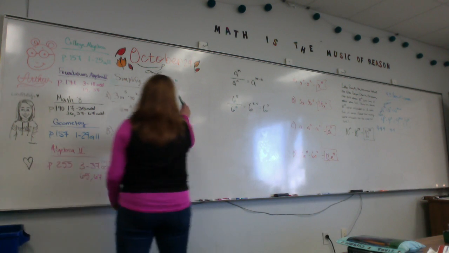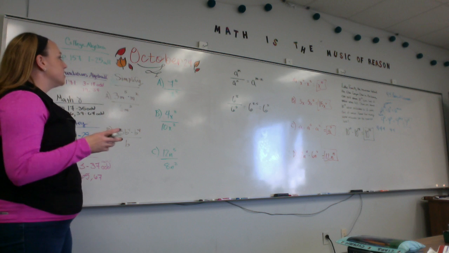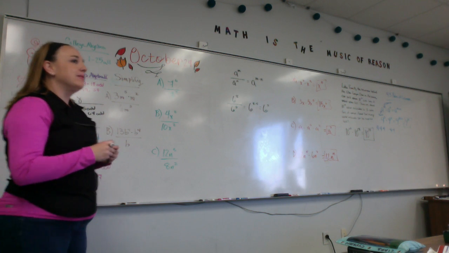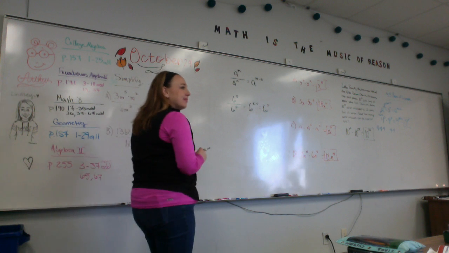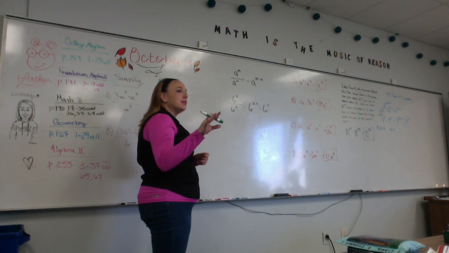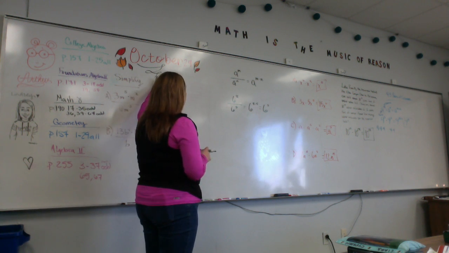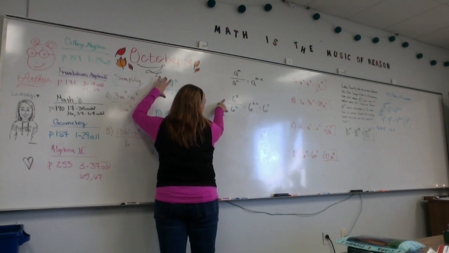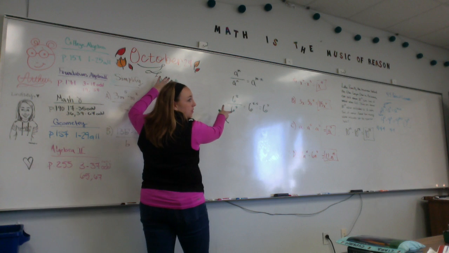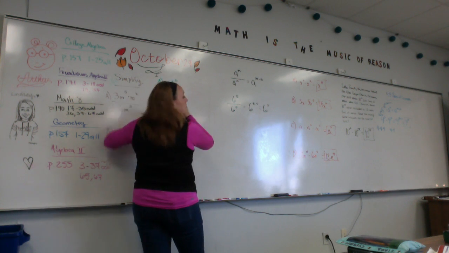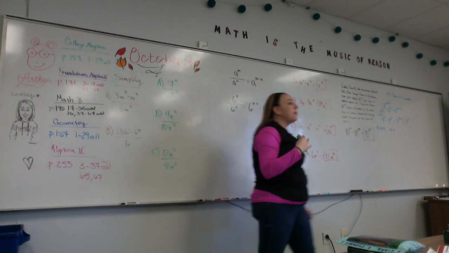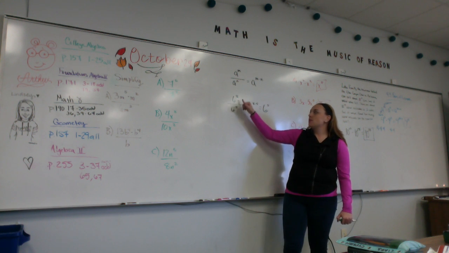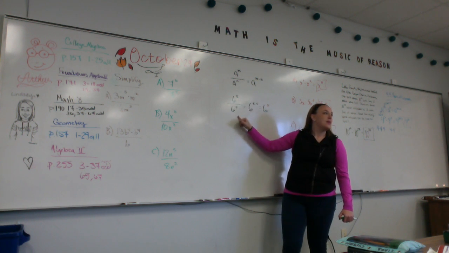Okay, so look at this one. I have 7 to the 6th over 7 squared. Corey, what would I do? How does this compare to this right here? It's division, they're both division. No, listen, I'm going to walk you through it. I'm going to help you. Here is this problem that says 6 to the 8 divided by